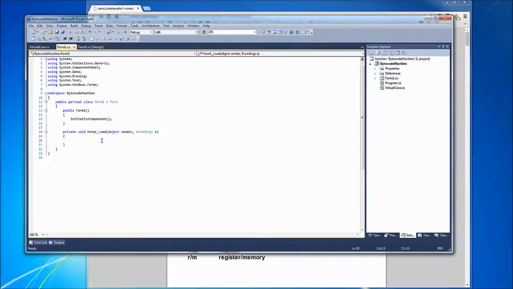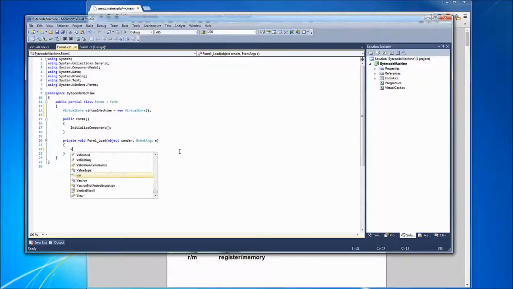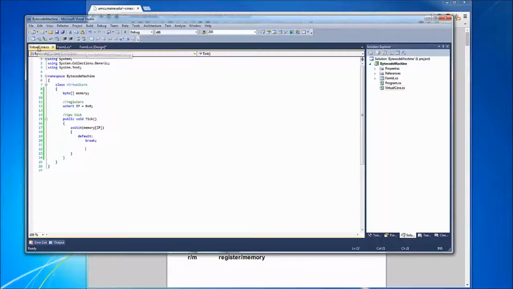So over here at the top I'm just going to do VirtualCore virtualMachine equals new VirtualCore, and when this loads we're going to want to load the virtual machine. Now just for this tutorial I'm just going to load from a file called loadram.bin, and then this will be a file so that we can preset the contents of the RAM. Now this function does not exist yet. We're going to actually code this in here,